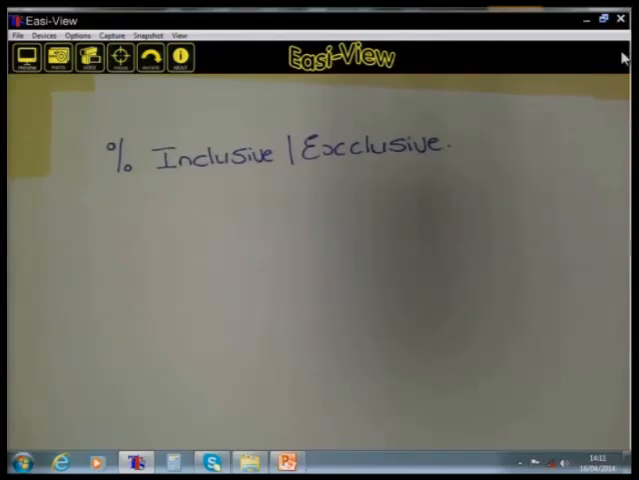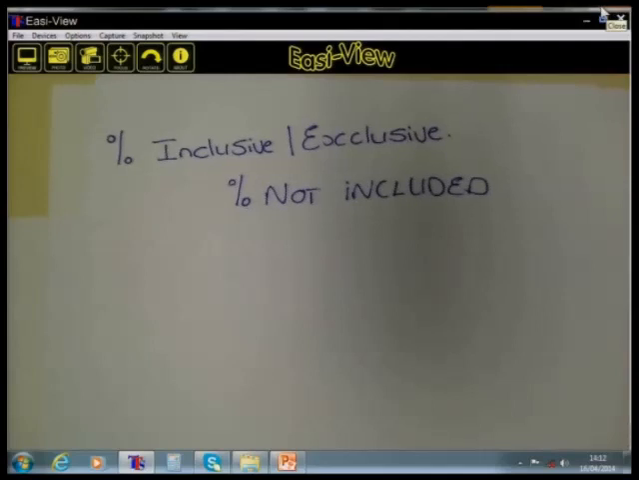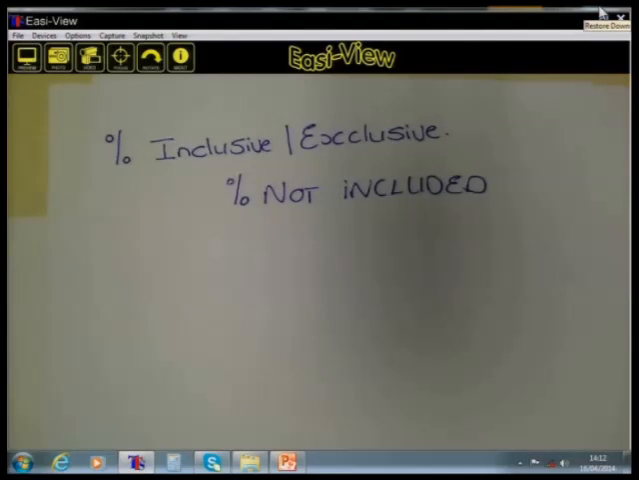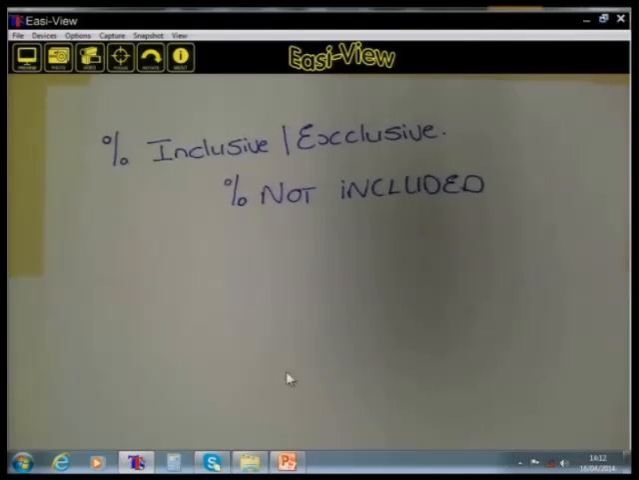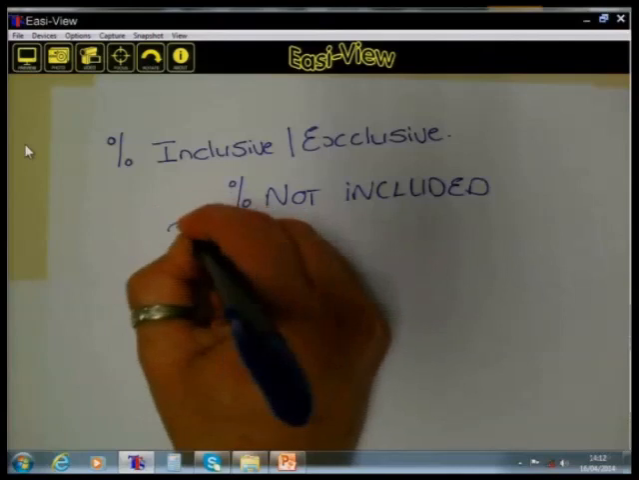This is a lesson about percentage inclusive and percentage exclusive. Let us start first of all with the case where the percentage is not included and we want to increase an amount by a certain percentage. Say for instance you are going to a store and you want to buy an item where the price of that item